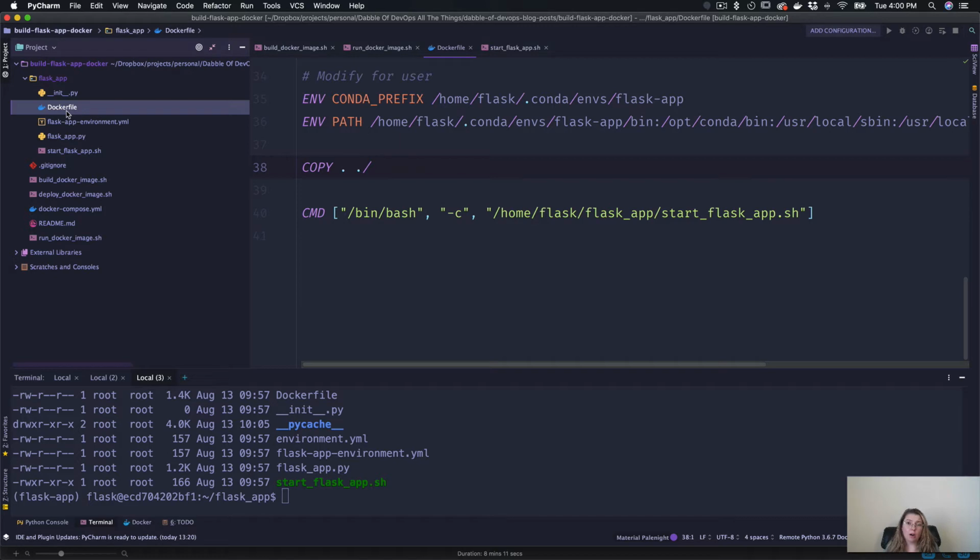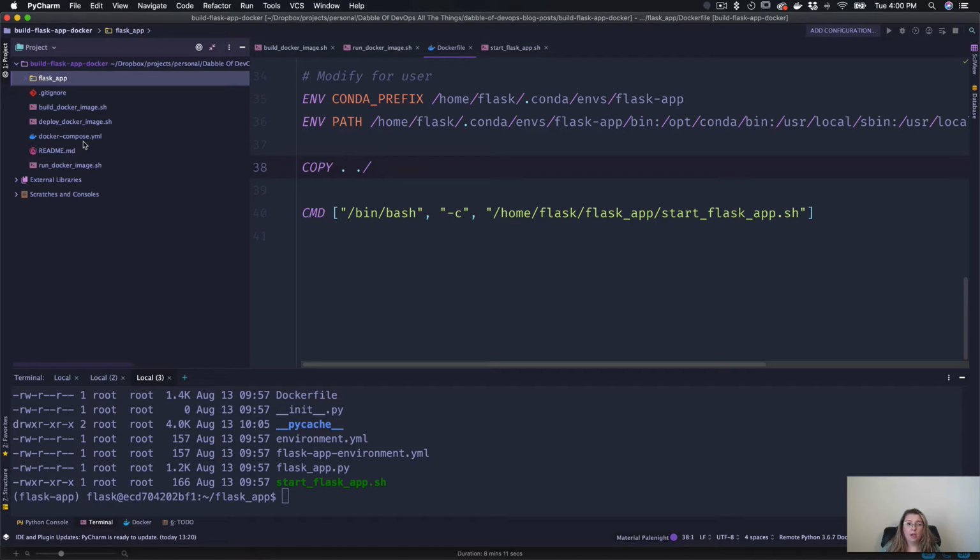So I keep each Docker file in its own space. That Docker file corresponds to a Docker image that's going to be built with the files and the data and whatever else is in this directory here, and everything is in there. So this is the startup script to start up my Flask application. This is the code. These are the dependencies. Everything is in here. Okay, and then I'll always try to have a README,